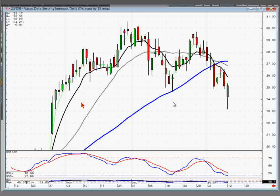Now, this I call a rounding top, but you could also call this a head and shoulders. Doesn't matter what you call it, as long as we can see that there's still... Jason, I'll get to VIMC here in a second. That's one of our ones that we recommended last week. But as long as I can see that there are still sell signals, and this closing right here told us there was kind of a support level, that if they open this lower today, which they did, you could be shorting it, because this is kind of